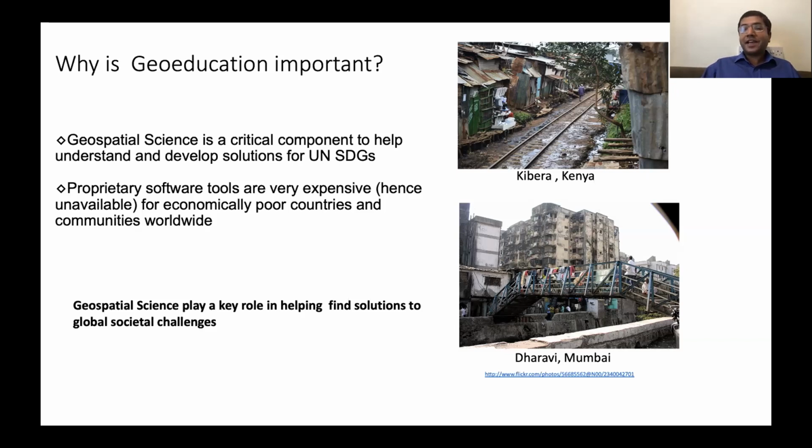And geospatial science helps us provide the answers to all these challenges. So this is a very important area, and especially I come from the developing world. I come from India, and I know the difficulties, especially in education, to get access to proprietary tools, which are very expensive. So I think the work that colleagues in OSGeo have done, the contribution for the global good is,